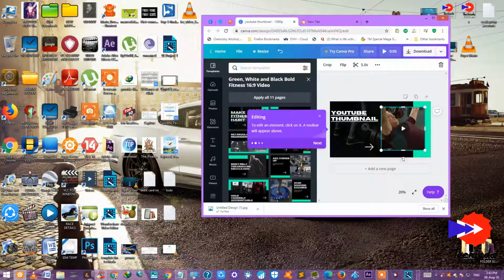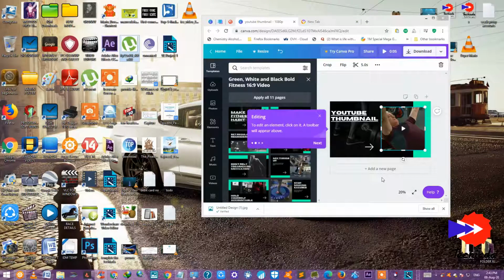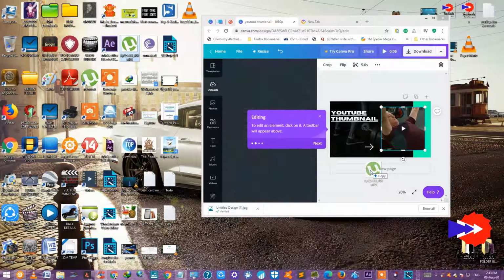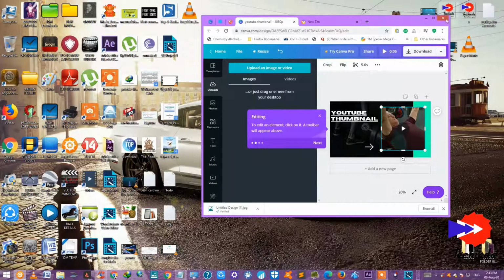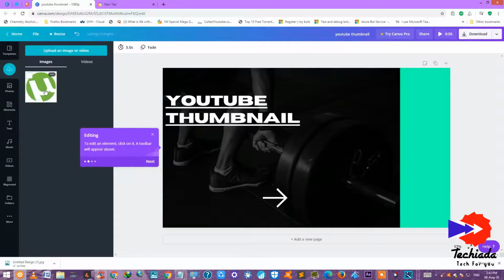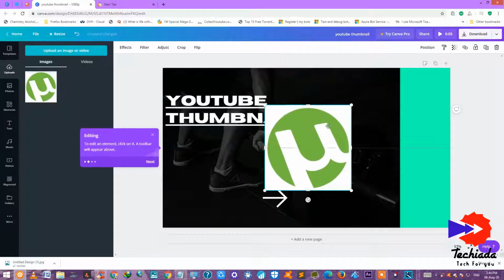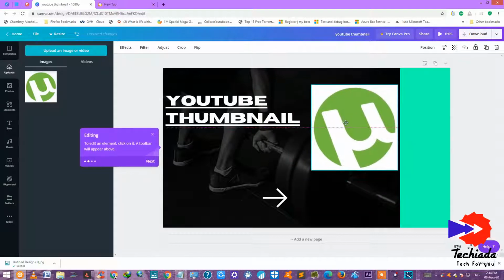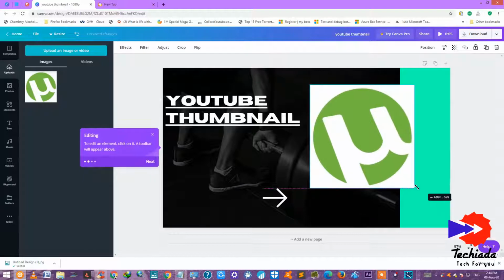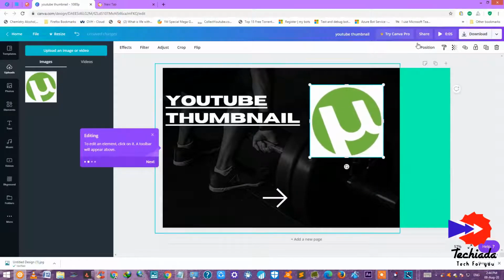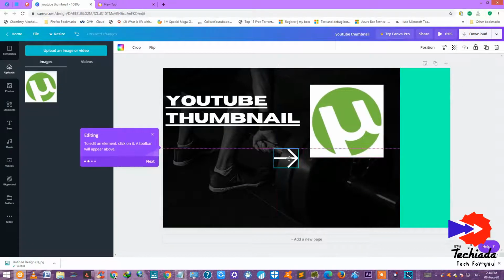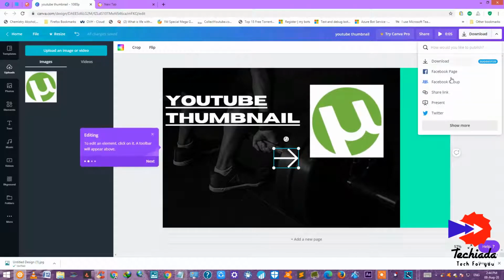So I am going to select this image and drop it here, and paste this image over here. You can even change the size as well. Then you can give download.